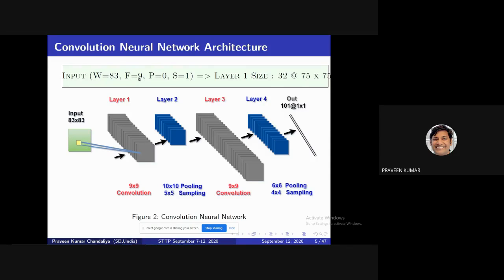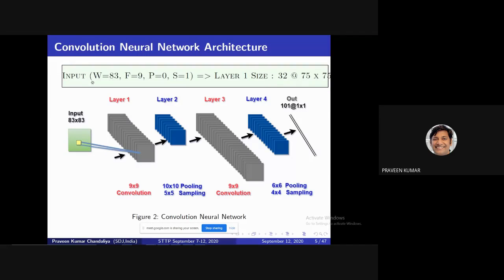The filter size is 9, padding is not considered, so it is 0, as is the stride. Then after the first layer, meaning the 9x9 convolution, the size is 75x75. Everyone who has pen and paper, please use them and calculate this size. This size is very important at the time of implementation. If you're not familiar, it is very difficult to understand how to implement these models.